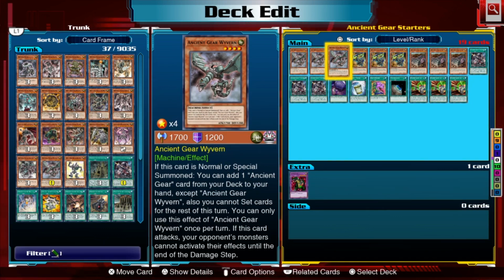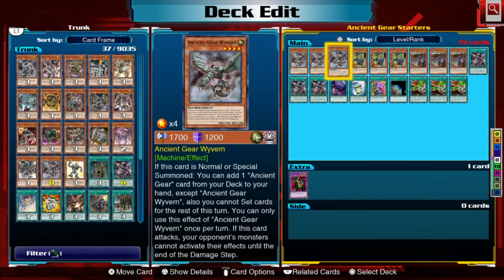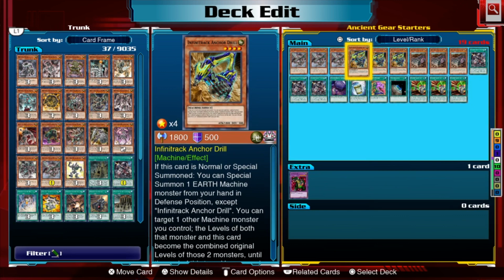We play 3 Ancient Gear Wyvern. This card says when this is normal or special summoned, you can add an Ancient Gear card from your deck to your hand. Searcher, starter, really great card. So moving on from there, we have Infinitrack Anchor Drill at 3 copies. This card is a nice extender and really works well with Wyvern, where you can summon this card first and